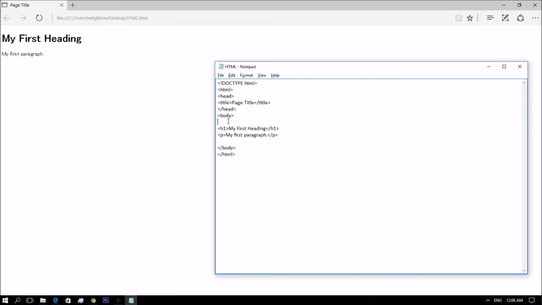So, HTML headings. Headings are defined with the H1 to H6 tags. H1 defines the most important heading and H6 defines the least important heading. So I will type the H1 to H6 tags.